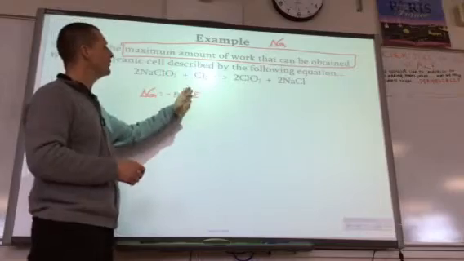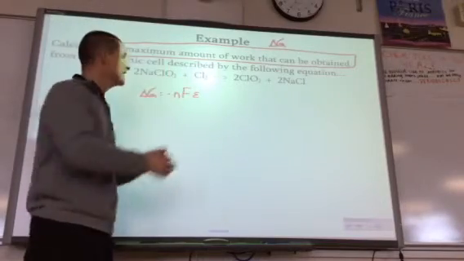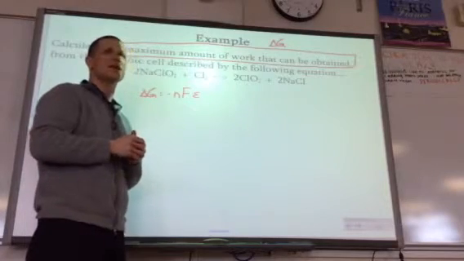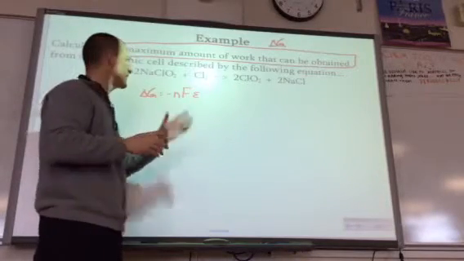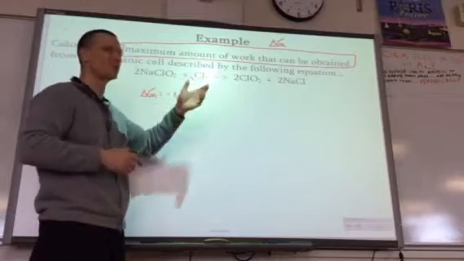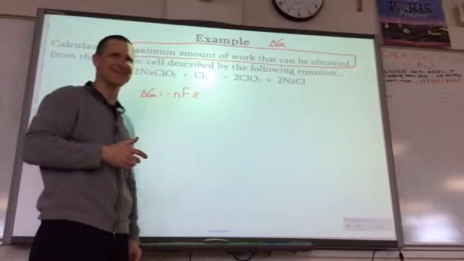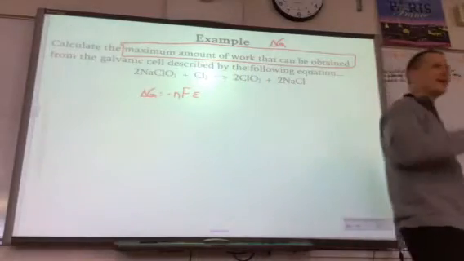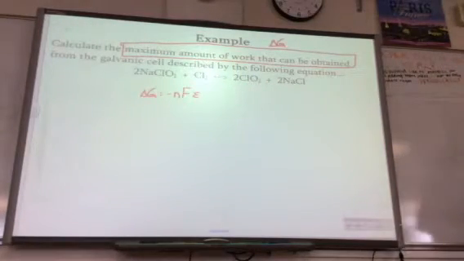So I would suggest that you find the cell potential first, given this equation. So you have to figure out what got oxidized and what got reduced. The problem with this one is that there's 4 terms here, 2 reactants, 2 products. All of them have Cl. Okay, give it a shot. Use that reduction potential table.